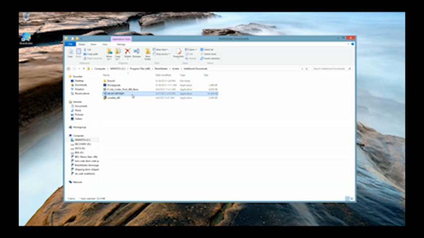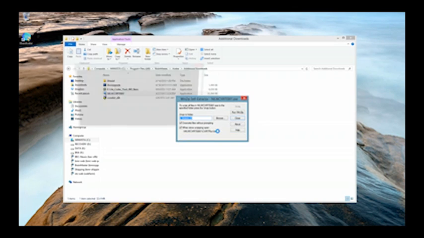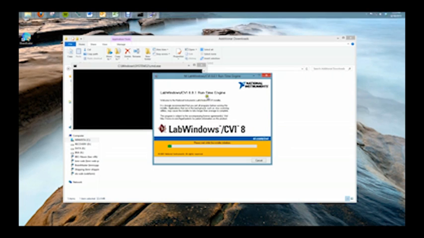The next one right here is called NILWCVIRTE 801. This is an important redistributable pack, actually, if you had purchased the ANI Live Z-Score Training DLL. This is only needed if you purchase this, and if you purchased it, I recommend installing it. Even if you haven't purchased it, once again, it will save yourself some headaches if you install it right off the bat. So I'm going to double click this. The user account control is going to pop up again on this. And I'm going to see this message right here that says, would you like to install the CVIRT driver for the Z-Score DLL? It's going to go through some packing,